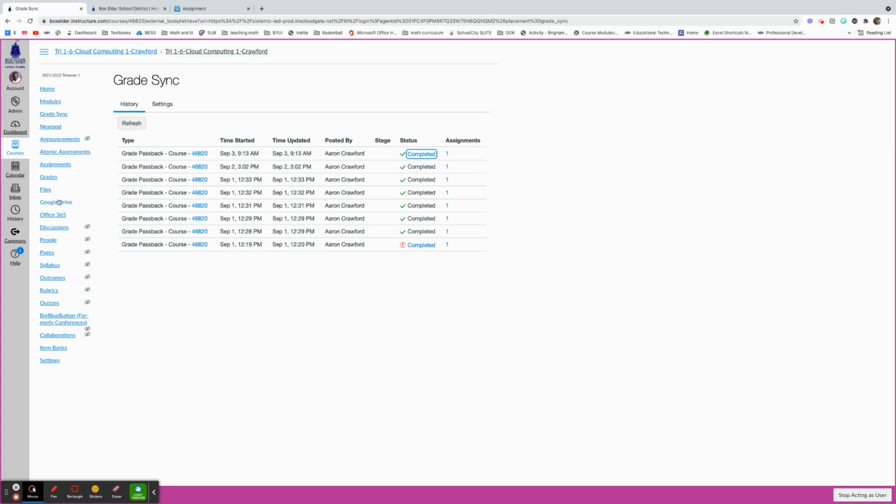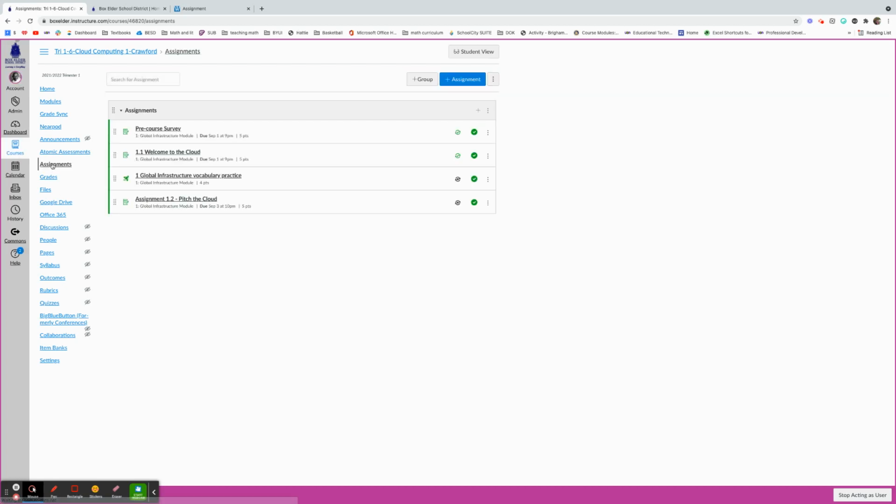Now, if you go to assignments, a few other things that you can do is if you go to assignments right here, you'll see the green check mark means it will sync. So these are ones that I want to sync every time. If it has a circle with an X in it, it will not sync. You can either change it here by clicking on it, or you can go into the assignment, and where I showed you earlier in that check mark, it will